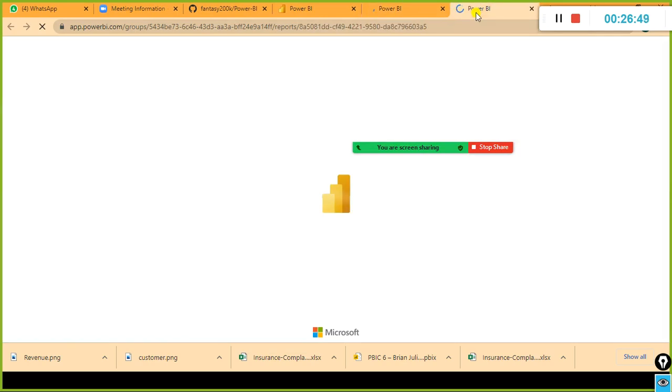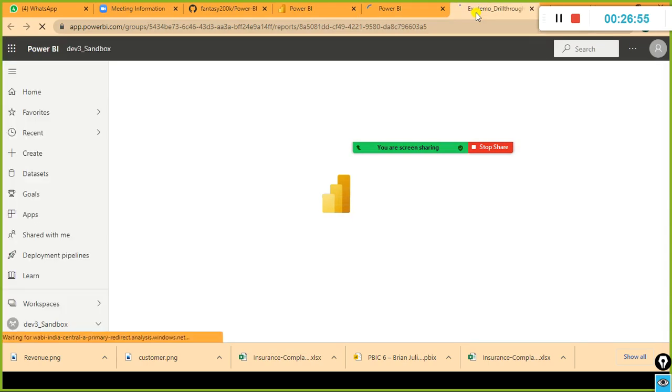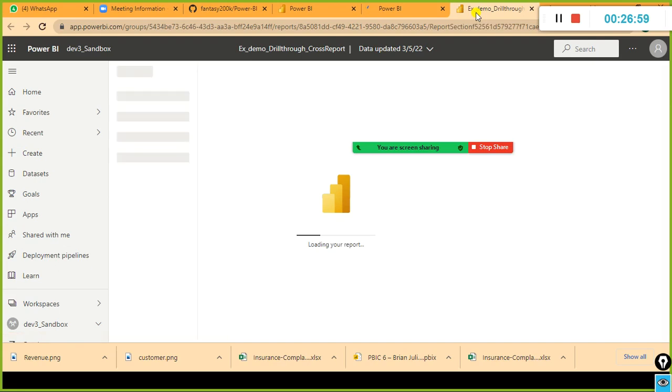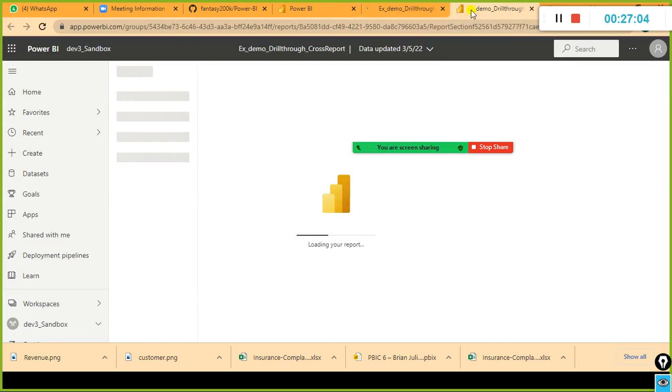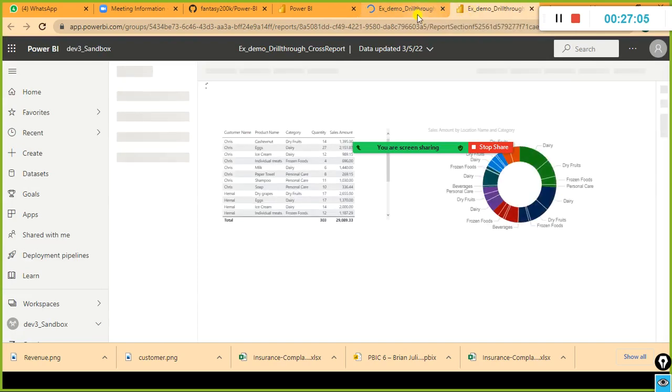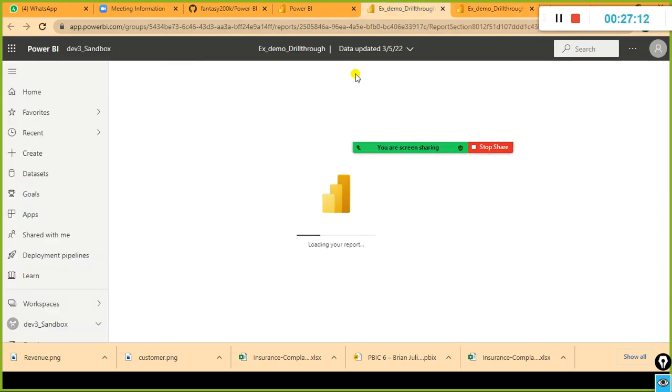and we will go and check the child report, the cross report drill through. According to us, this is the child and this is the parent. All the records got displayed now in the child and in the main page. Let's go here and see.